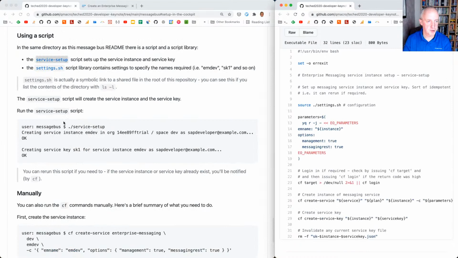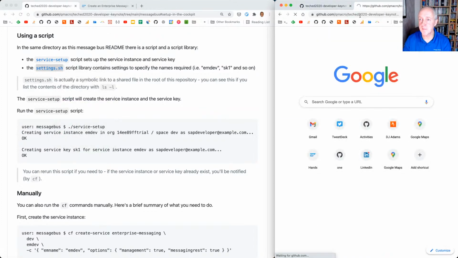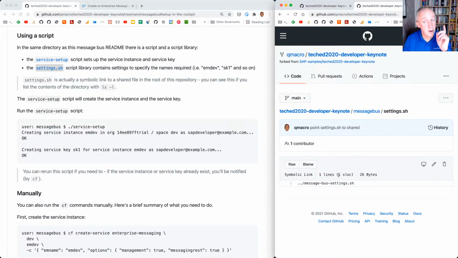The service setup script is this thing here, and it sources, it brings in the settings.sh script to bring in the names required, emdev, sk1, and so on. So in fact, let me copy the link and open up that one in there so you can hopefully see. GitHub tells us this is actually not a real file. This is a pointer